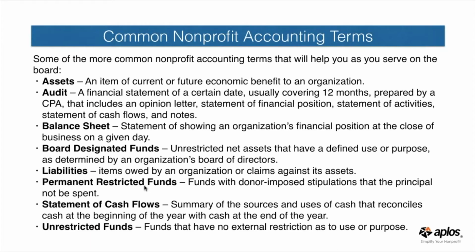People call and they say, how do I track my assets? Where's my balance sheet? How do I get this particular thing on my balance sheet? What are my liabilities? How do my liabilities and my assets come together and play nicely together? Or how do they work together? A permanent restricted fund. So these are kind of common terms. Of course, there's a lot more, but I just thought it'd be fun to pull some out